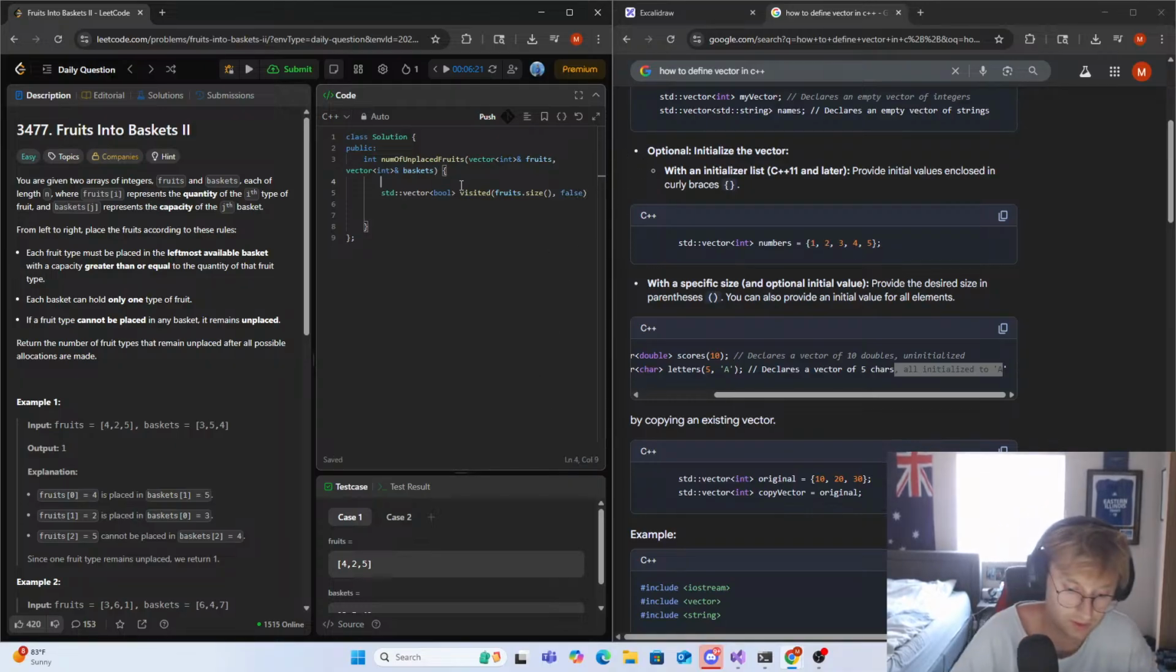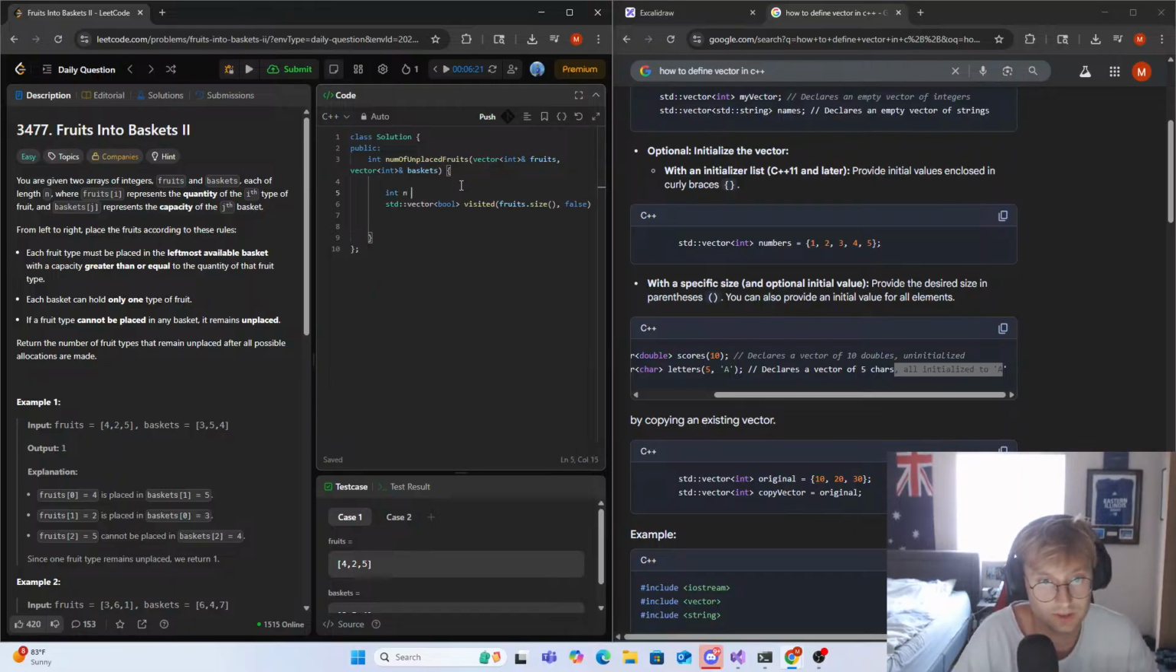And maybe we can probably initialize our int n equal to fruits.size, right? Instead of recalling it every time, I guess. Have our size n here, right? And what do we want to do here? We can go, okay, well, for